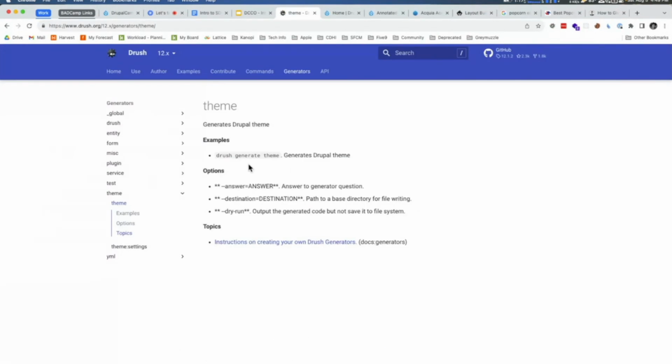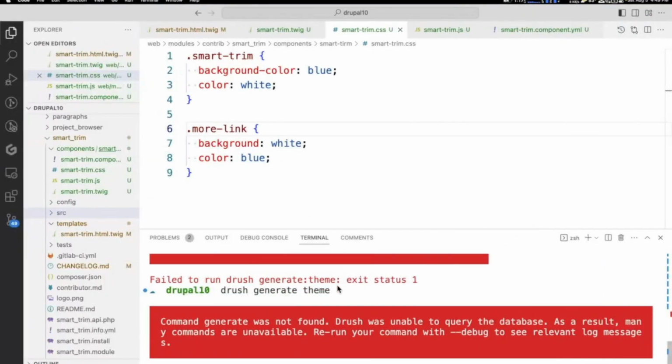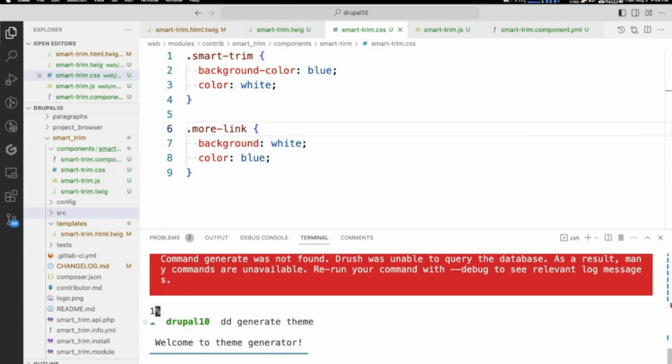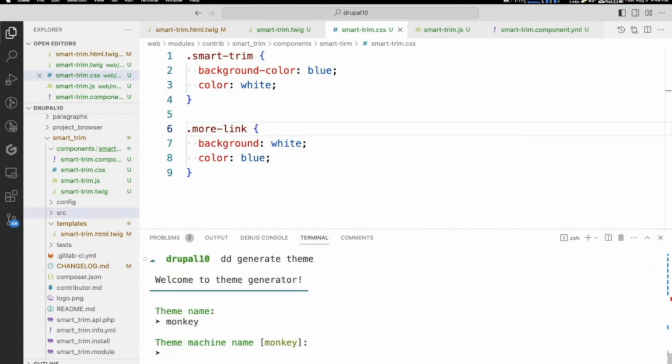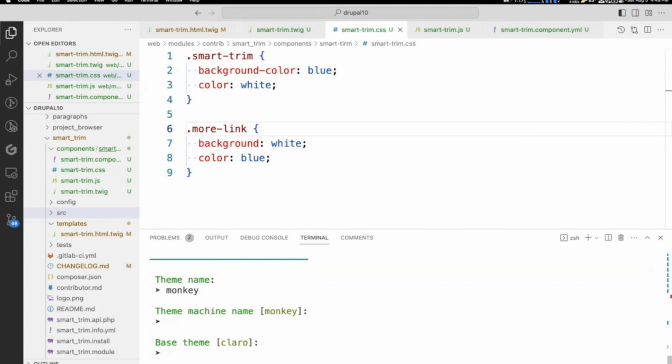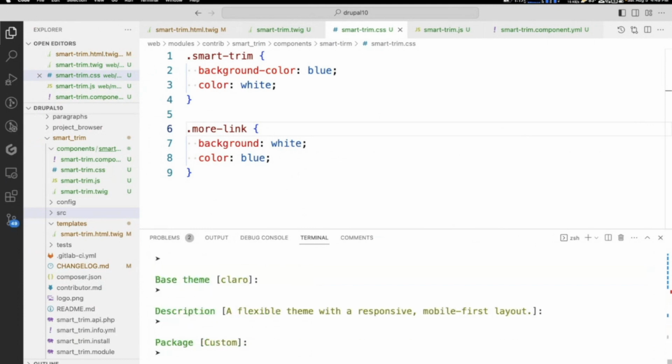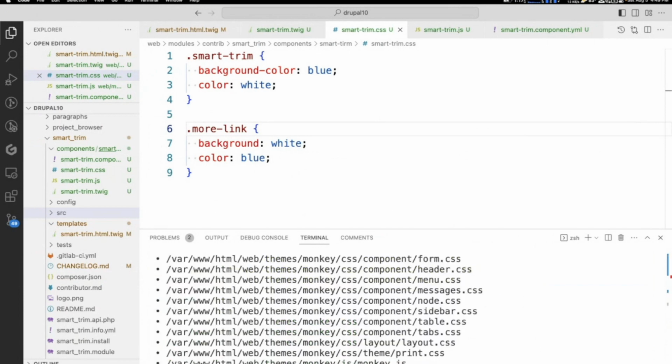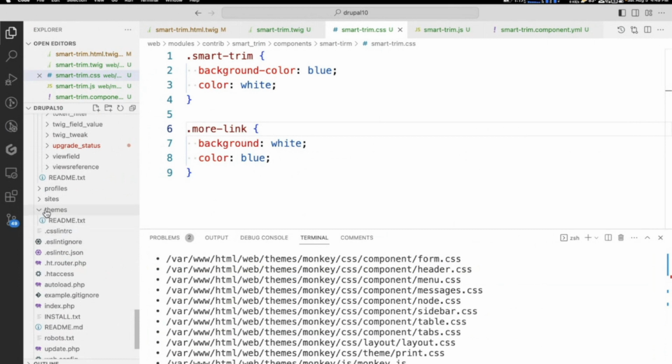Oh wait, drush td and theme. Thank you. And let's call the theme monkey. Base theme Claro. That's fine. There we go. Now we have a brand new happy theme, right?